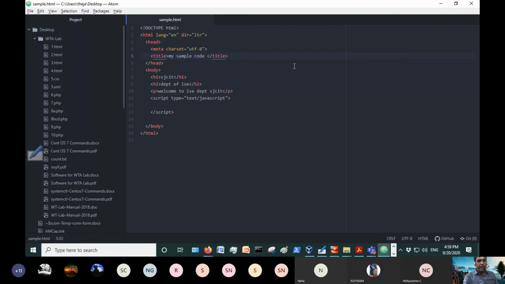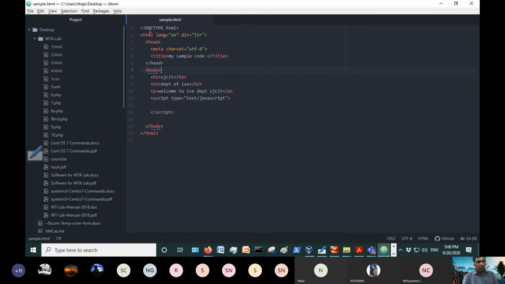For example, if I make a mistake and forget E, see here, you made a mistake in closing the title tag, so it highlighted. So when you type a title tag or any tags, if you make a spelling mistake in a tag name, you will come to know where it is.